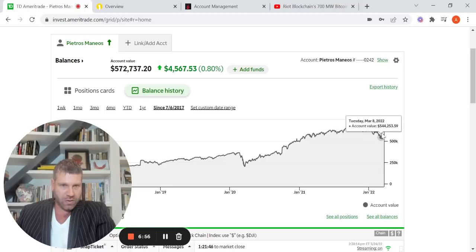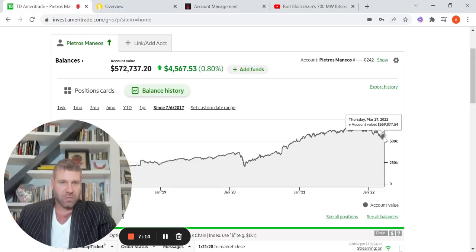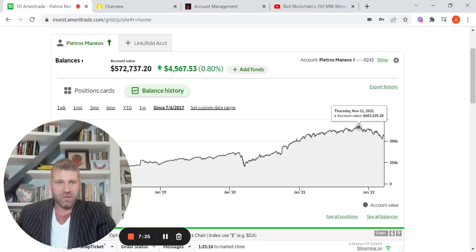You can see, again, with the Russia-Ukraine war, the pretty big sell-off here, down to 530.29, looks like the low. 522 was the low. So, wow, about $50,000 or so off of the March 14th low. We've had a little bit of a rally. You can see it kind of back up. The high in this account is 670, so I see about 100,000 off the high, which was in November, first 10 days or so, first 2 weeks in November. But yeah, so let's go to the